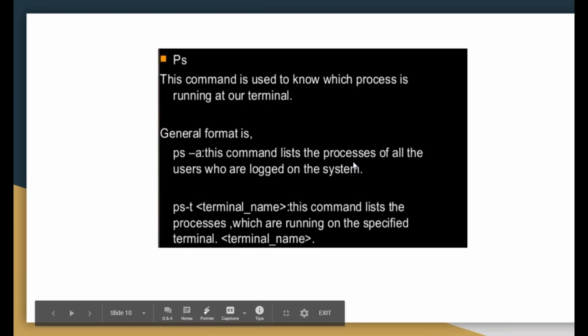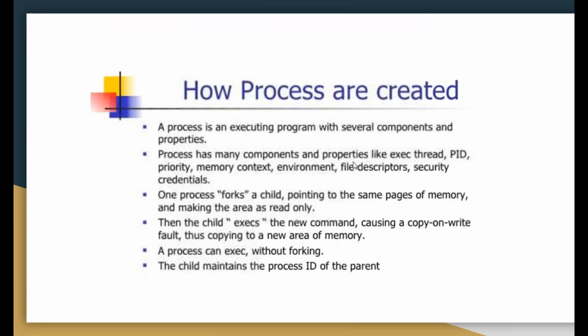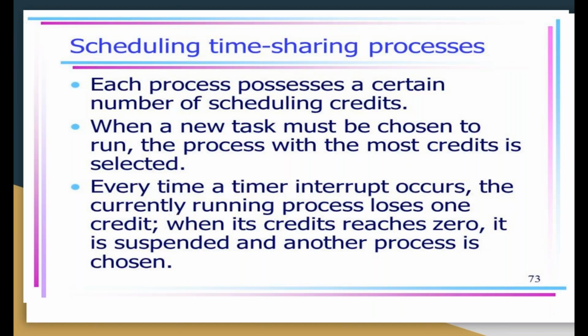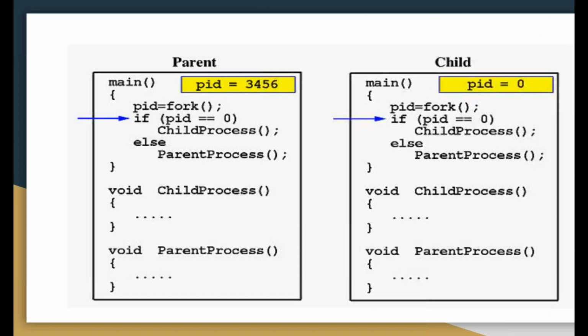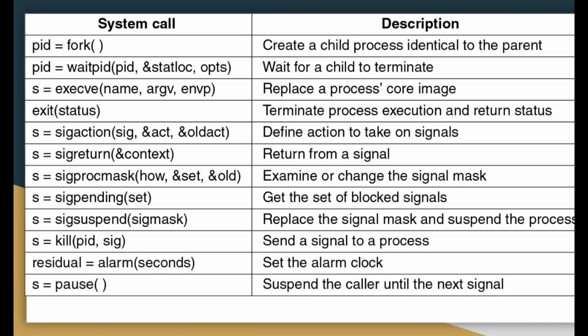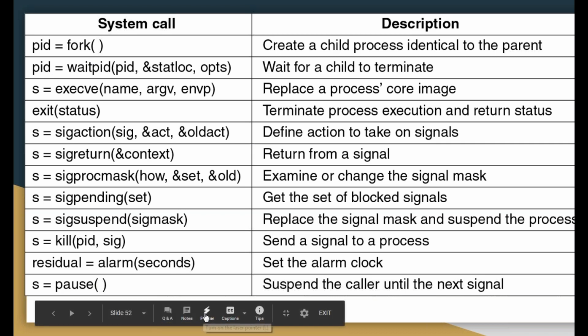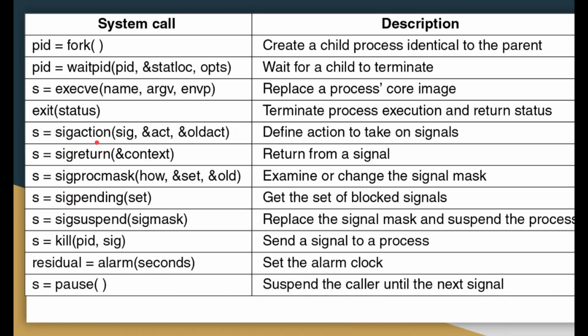So we are discussing processes, scheduling, and system calls. These are all your system calls. For example, I've already discussed sigaction. Signals are also there. In the last class, I discussed signals. So sigaction is one of them, along with sigreturn and sigpending. These are all signal-generating commands.